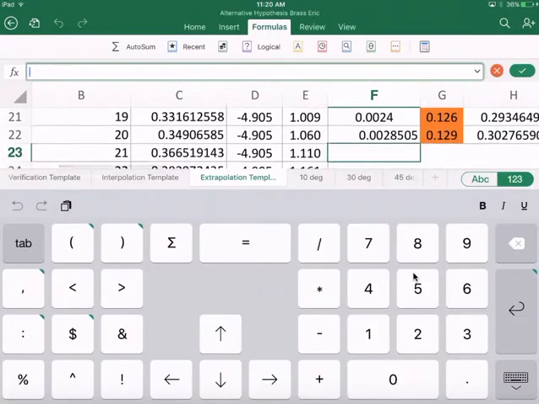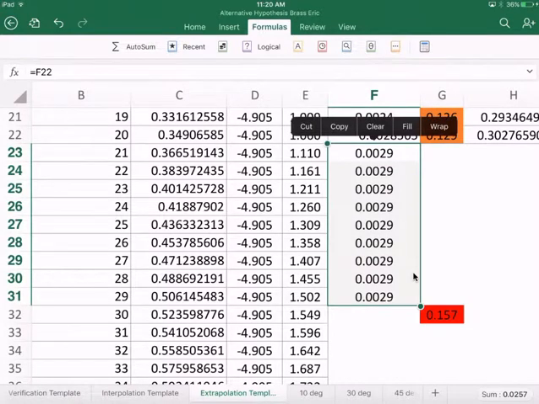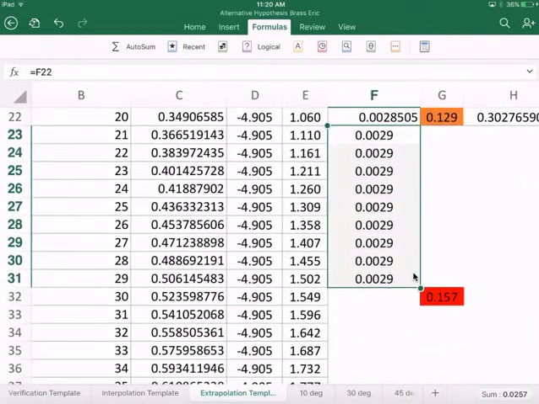Now we're going to say equals to the one above it. We're just going to refer to it. And then we're going to grab that value and fill and drag down to the location right above where 15 centimeters will be. Okay. The next thing we'll do, so those are our increments between